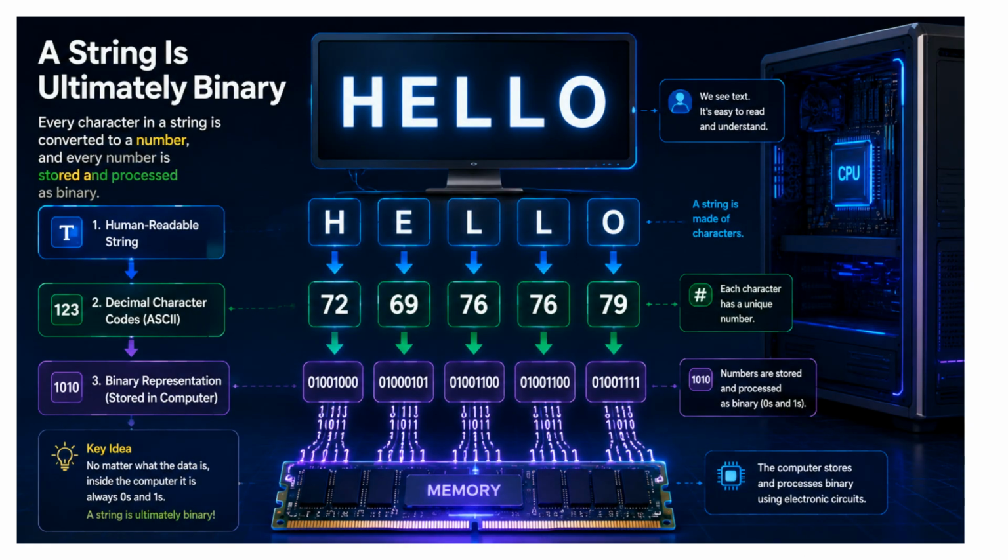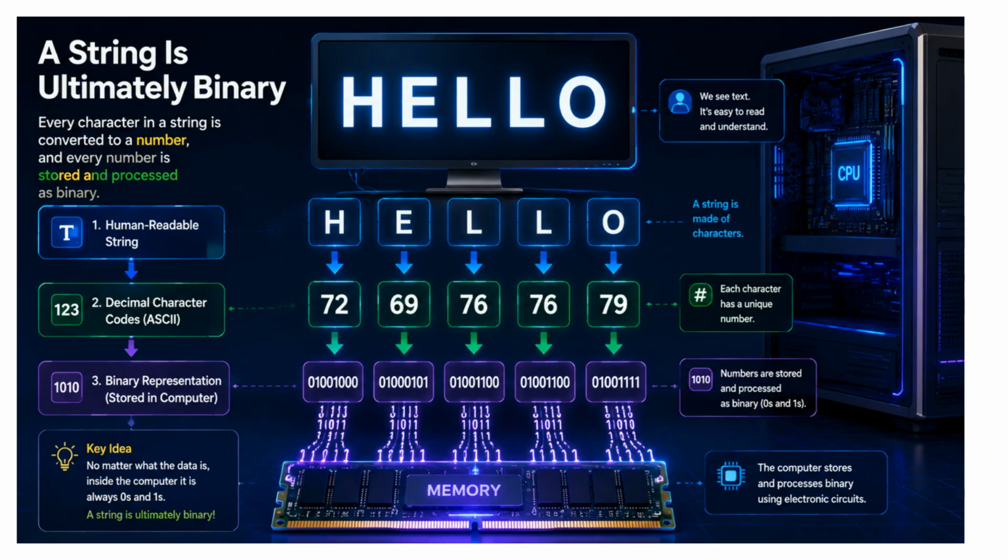Now let's see how a string is actually represented inside a computer. To us, the word hello is easy to read, but a computer does not store these letters directly. First, each character is converted into a numerical code. H becomes 72, E becomes 69, L becomes 76. The next L is also 76, and O becomes 79. These numerical codes are then represented in binary, using only zeros and ones. The binary values can be stored in memory and processed by the computer's electronic circuits. So remember, we see hello as text, but inside the computer, the characters are represented by numbers and ultimately stored